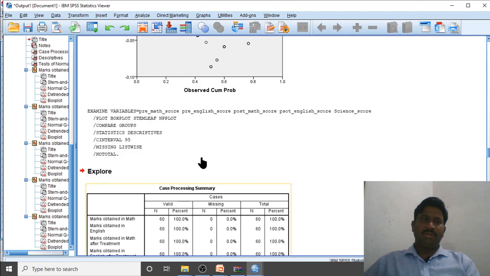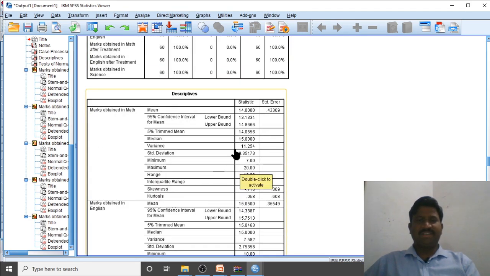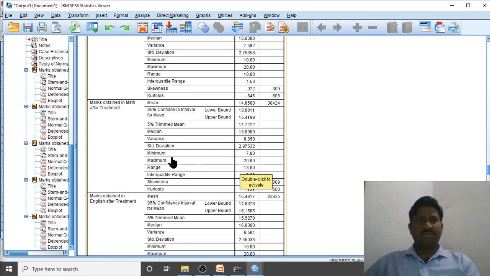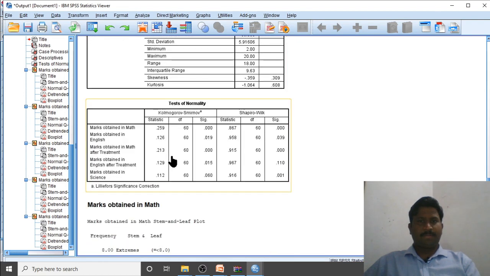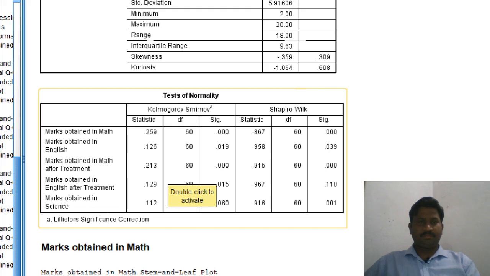Now in this Explore output, it is the summary of the cases, the descriptive statistics of the cases. Here is the test of normality. We need to focus on this table, Tests of Normality, the Shapiro-Wilk test.